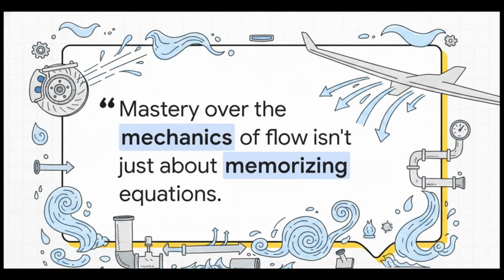So, what should you really take away from all this? Ultimately, true mastery isn't just the rote memorization of variables. It's a dynamic comprehension of how these physical laws interact in real time. From the hydraulic brakes stopping your car to the aerodynamic lift of your next flight, this matrix literally governs it all. But if this is how standard fluids behave, what happens when these rules completely break down at quantum levels or in non-Newtonian fluids? Look around you. The hidden rules of flow are playing out everywhere, just waiting to be decoded. Where will you spot them next?